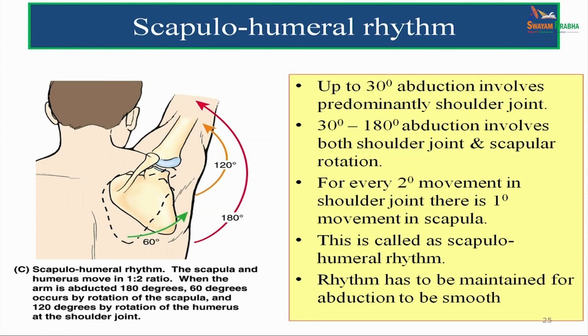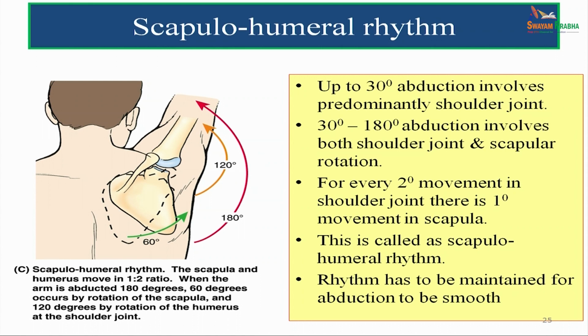What is scapulo-humeral rhythm? Whenever the shoulder joint is moving, it is not only that the head is moving within the shoulder joint, there is also a rotation of scapula that is being brought about. Up to 30 degrees, abduction involves predominantly the shoulder joint alone. But when abduction moves from 30 degrees to 180 degrees over the head, then abduction involves both shoulder joint and scapular rotation. For every 2 degree movement in the shoulder joint, there is a 1 degree movement in scapula, and